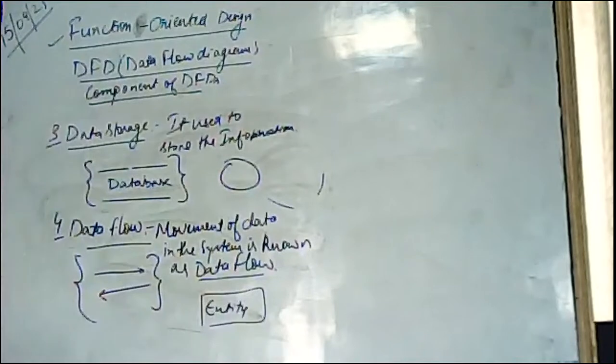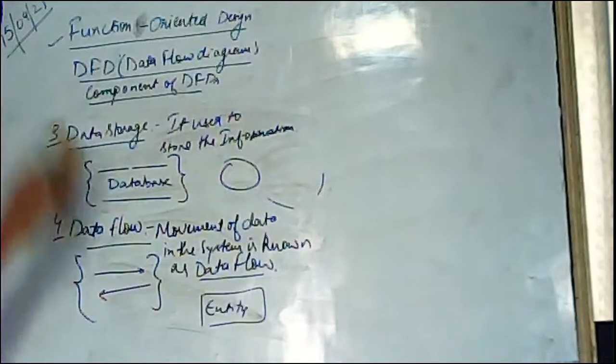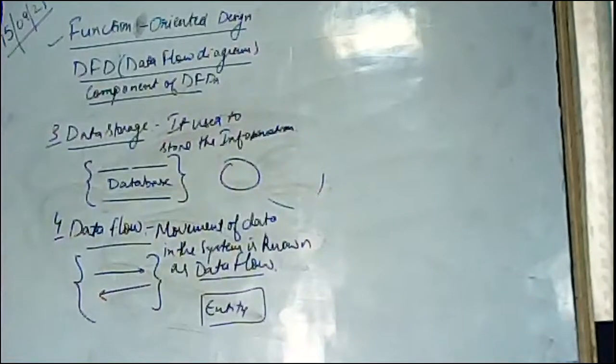These symbols will be used to draw the diagram and to show the complete behavior and activities performed in our project. With these symbols we will draw each and every diagram. Now we will study how to draw the DFD. There are different levels to draw your DFD.